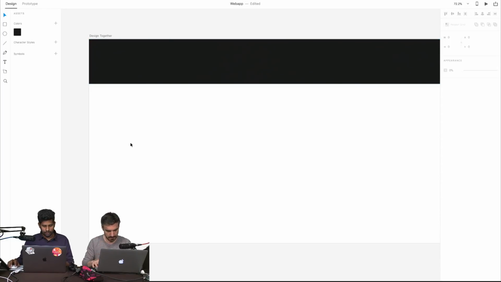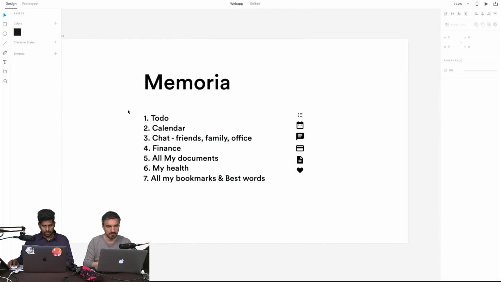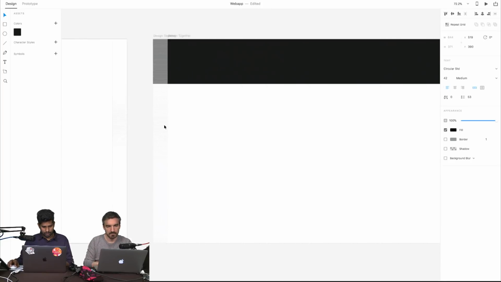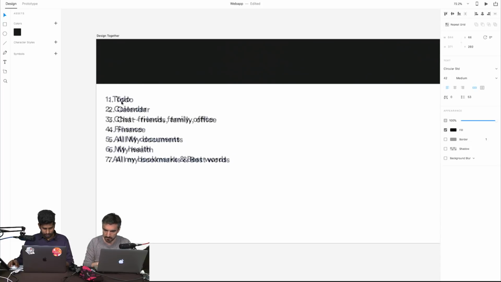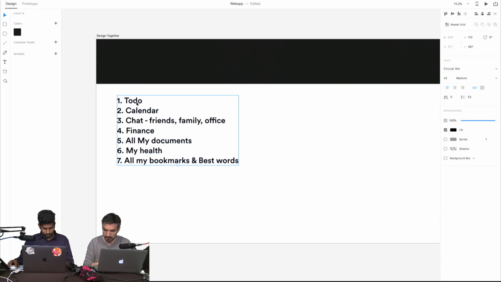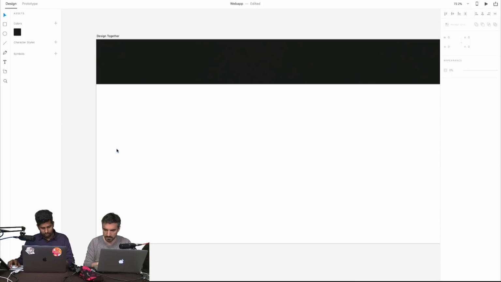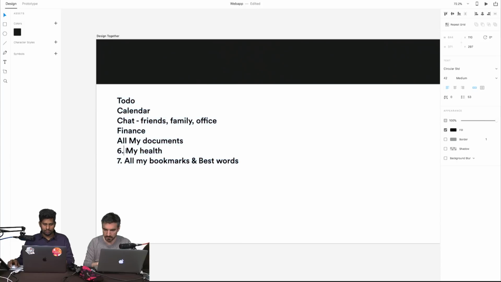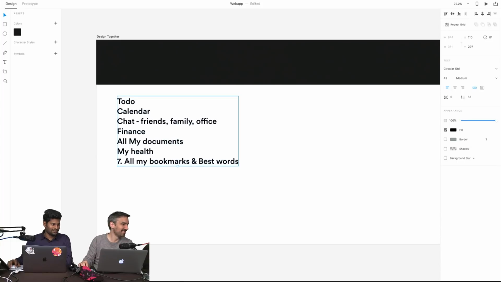Okay. So what are the features we need? We decided already. We can copy paste here. Instead of making 1, 2, 3, I'm going to remove everything. And I'm going to prioritize my points. These are the features I want, but I have to prioritize which will go first, which will go second. Like I usually like to put chat first. I usually chat a lot.